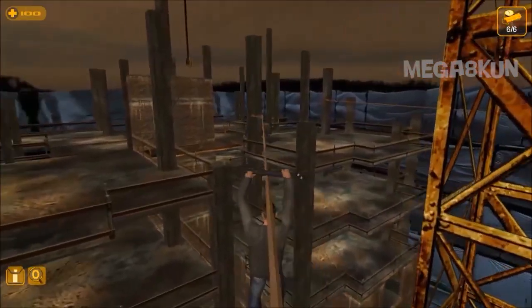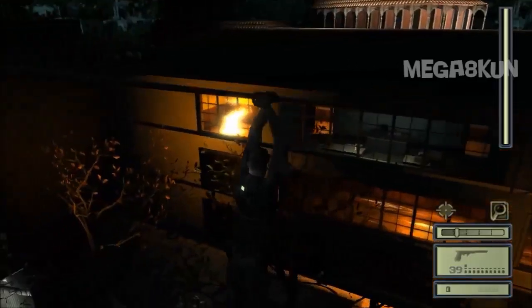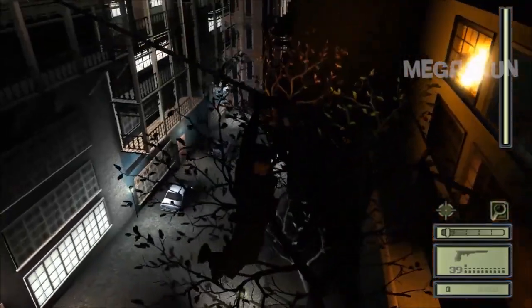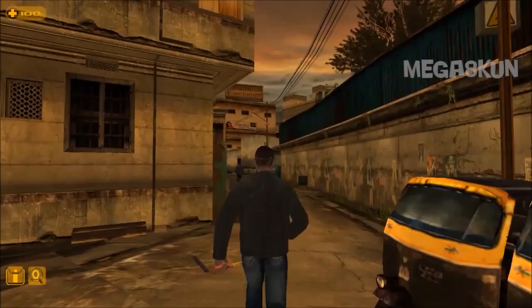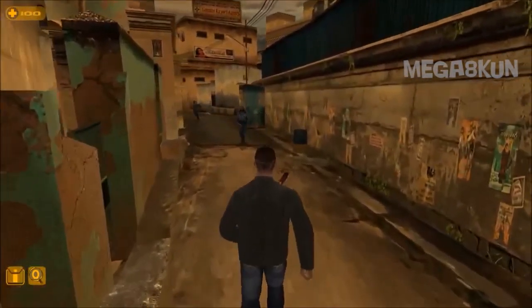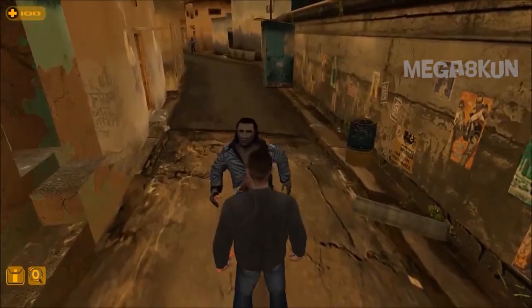This sliding part is inspired by Splinter Cell games. Then the story is shown in the cutscene where you now need to chase one of the goons to the location of Ghajini's factory. The next level takes place in the street of Ghajini's area where you need to fight the goons,